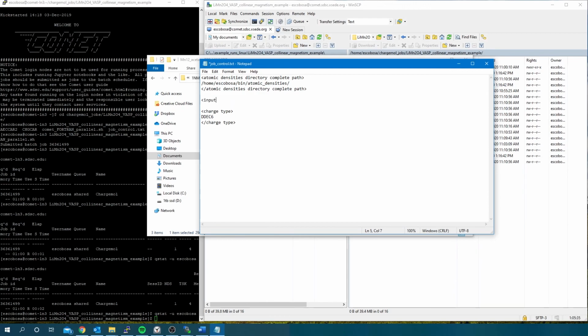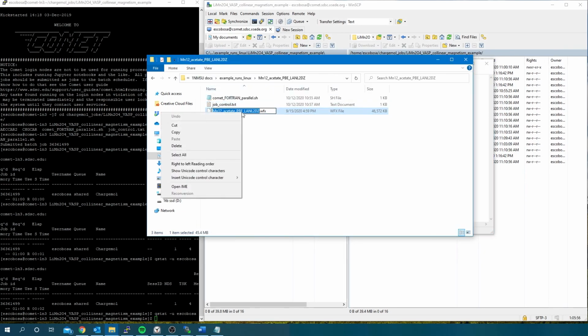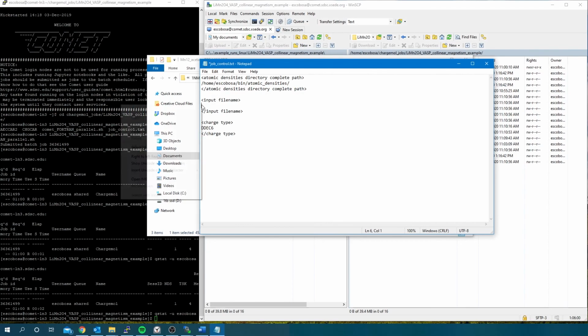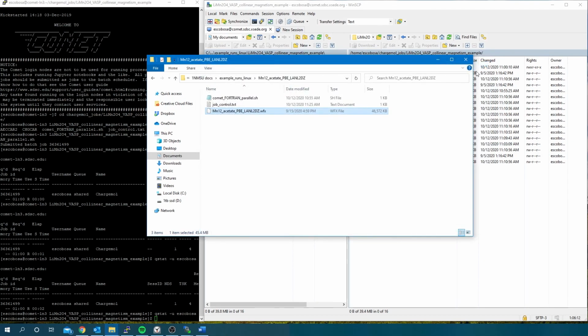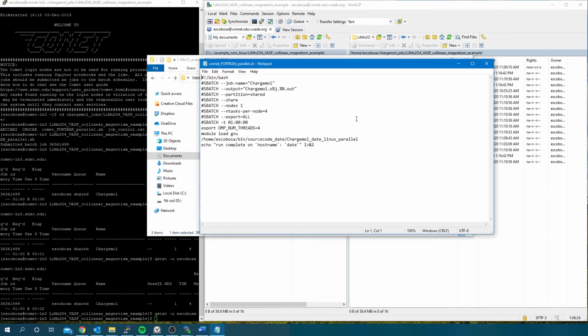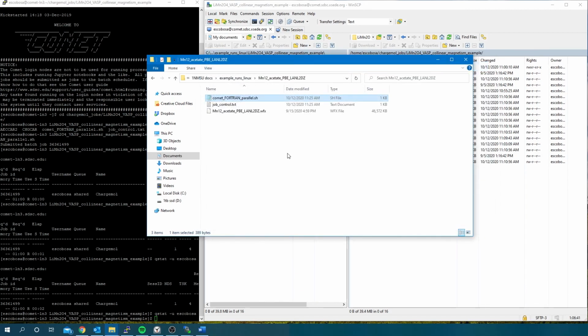Now, it is necessary to add the keyword input file name. We then proceed to copy and paste the name of the WFX file and add the extension. We save the file and close it. Now, open the batch file and increase the limit on the total runtime of the job. As for WFX files, the density grids are generated by the ChargeMol program. Save it and close it.